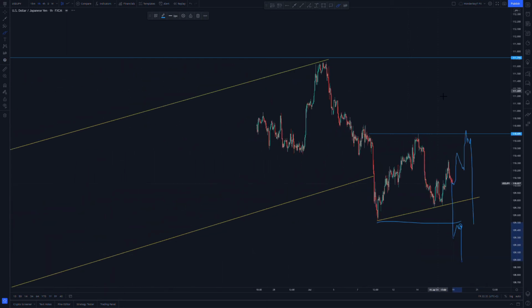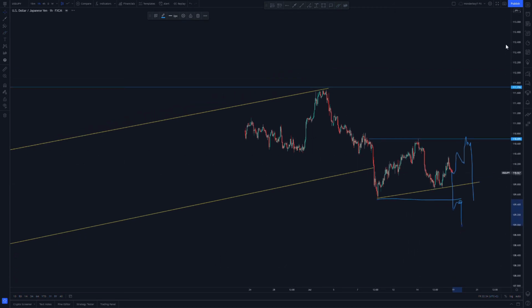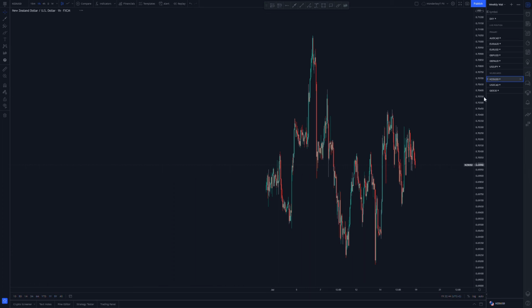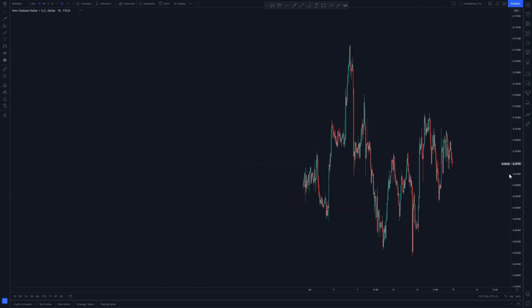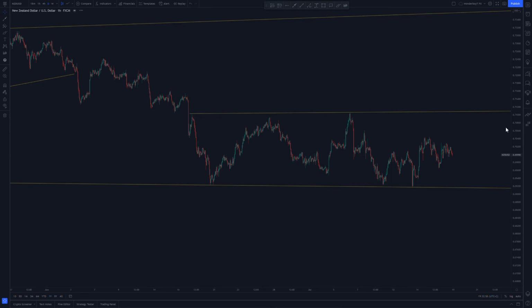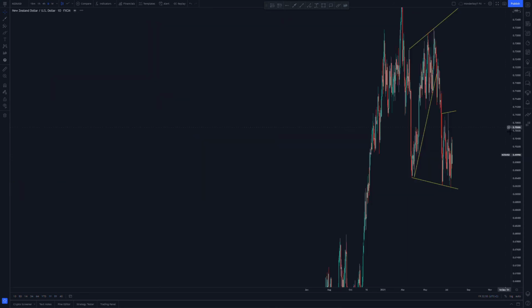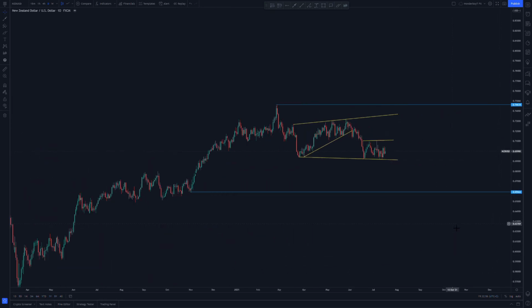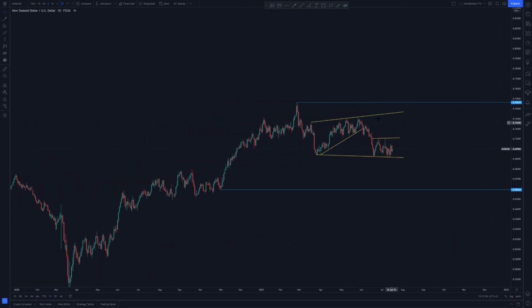So that was my top 6, and it's 3 pairs on my watchlist, which is New Zealand dollar vs US dollar. So I'll start off on the daily. With this one, there's more signal that I'm looking for. As you can see, there is a bigger structure that it's